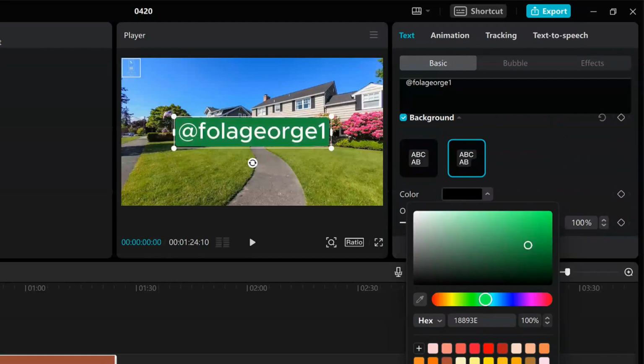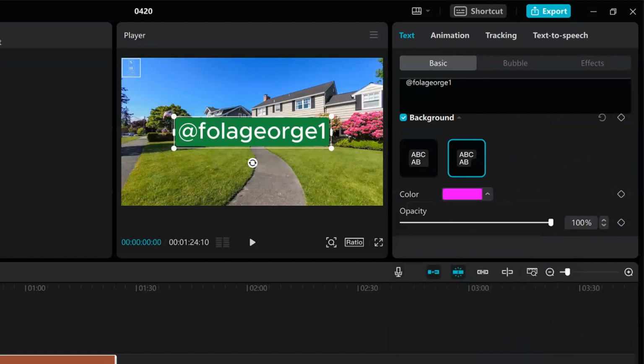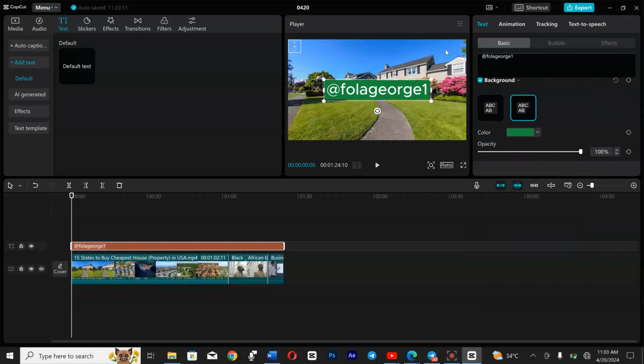So there are different colors that you can use for this text, right? So I'm going to be making adjustments to my text, right? So I'll just simply reduce the size of my text, and just place it at a very good position,